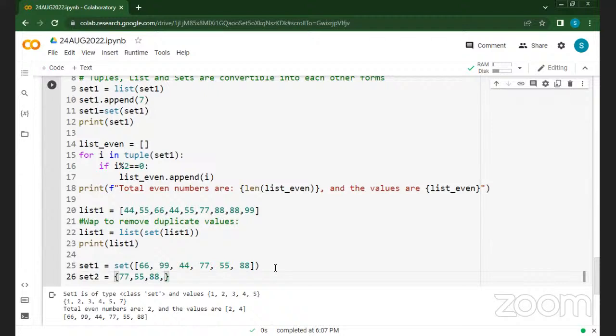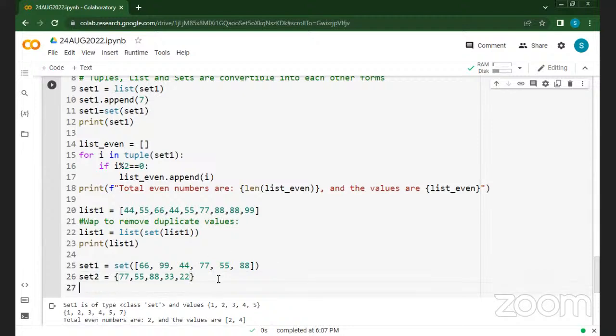And let's say we add 33 and 22. Okay. So we can print set 1, comma, set 2. And when we print,